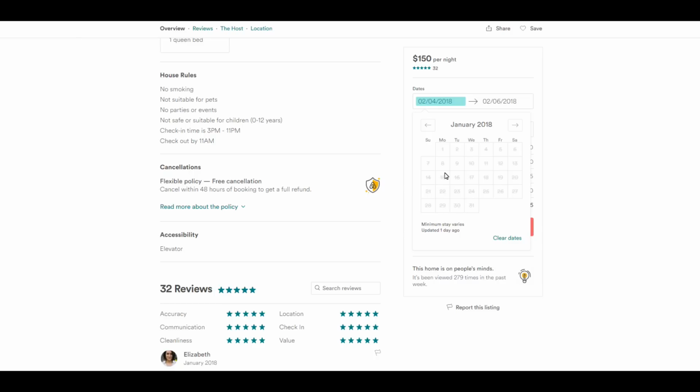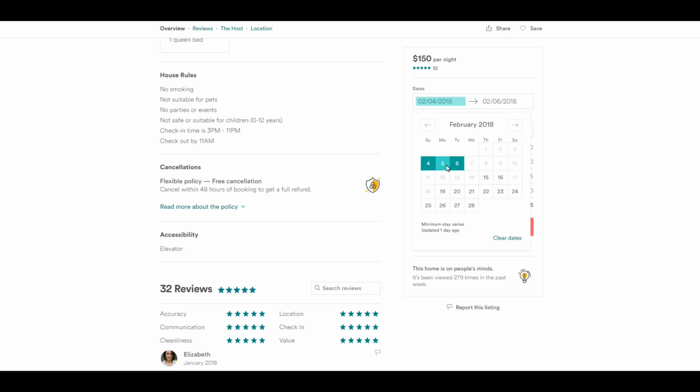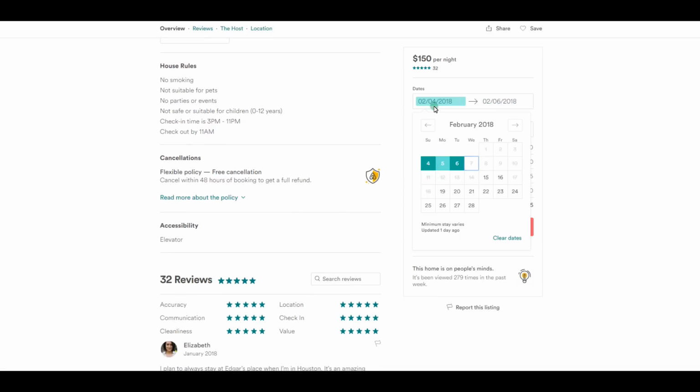But these orphan days of his may not get scooped up because he's requiring a 2-day minimum. And so what he makes for this month, actually, let me just call it right now. Let me just back out here, see if I can fix this. So he's got 3 nights available here, right? He's got 2 nights available here. And then 1, 2, 3, 4, 5, 6, 7, 8. So he's got his 46%